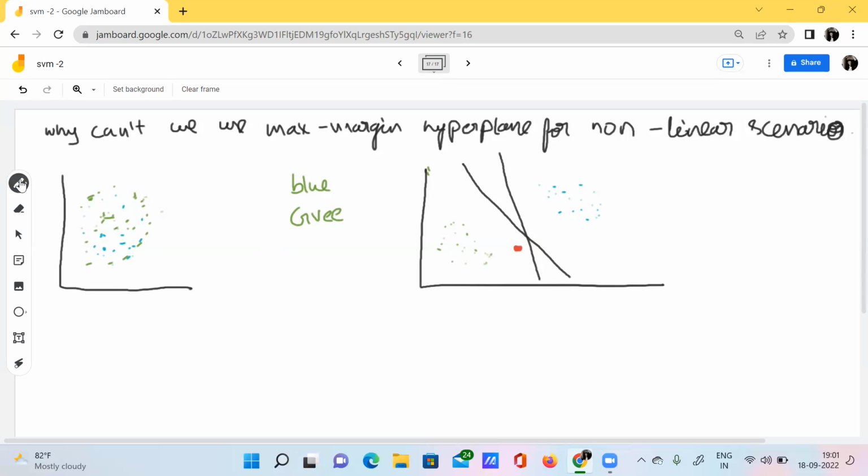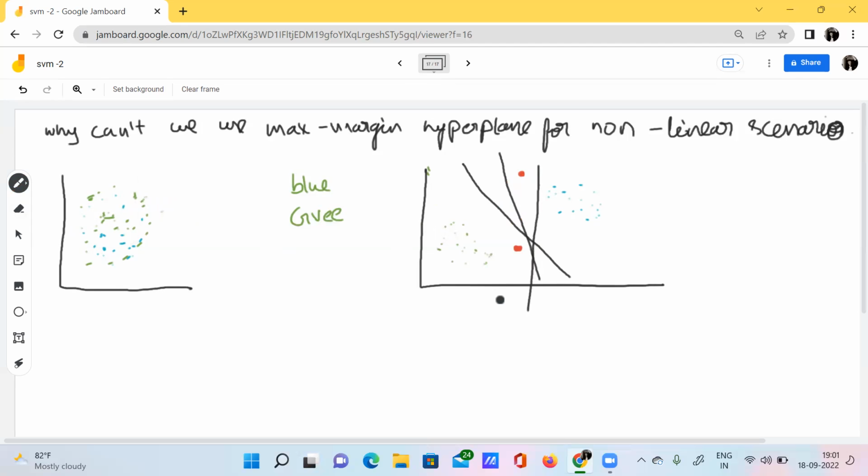Let's say if I place this data point like this, what happens? We can also separate this data like this.